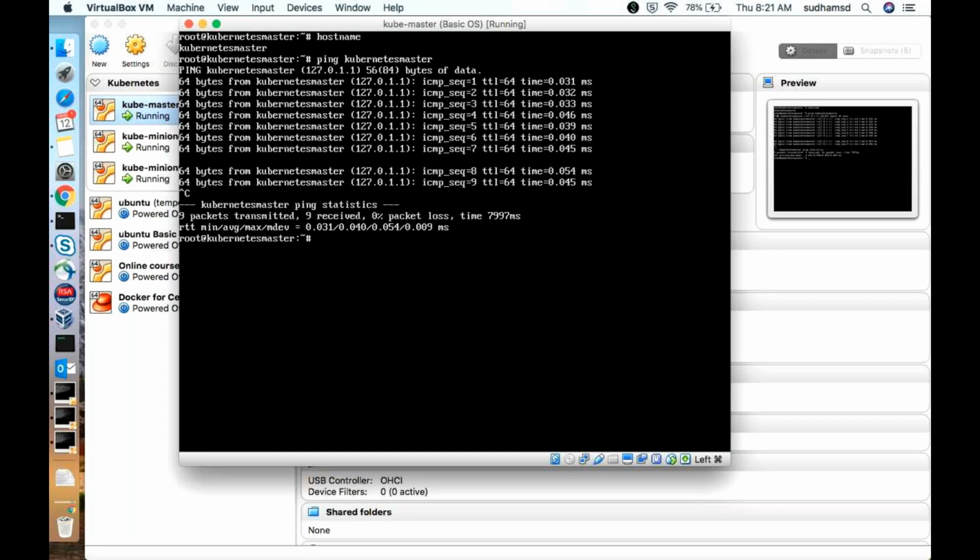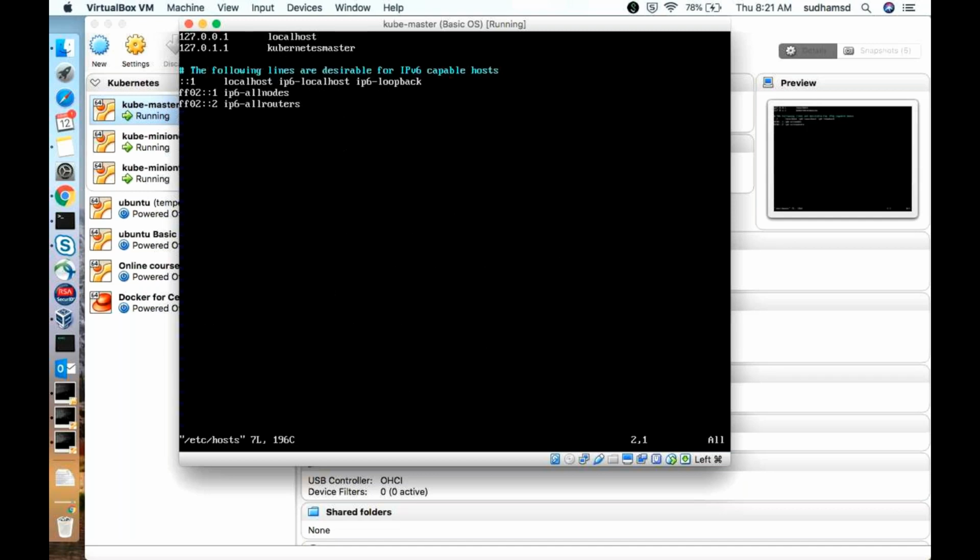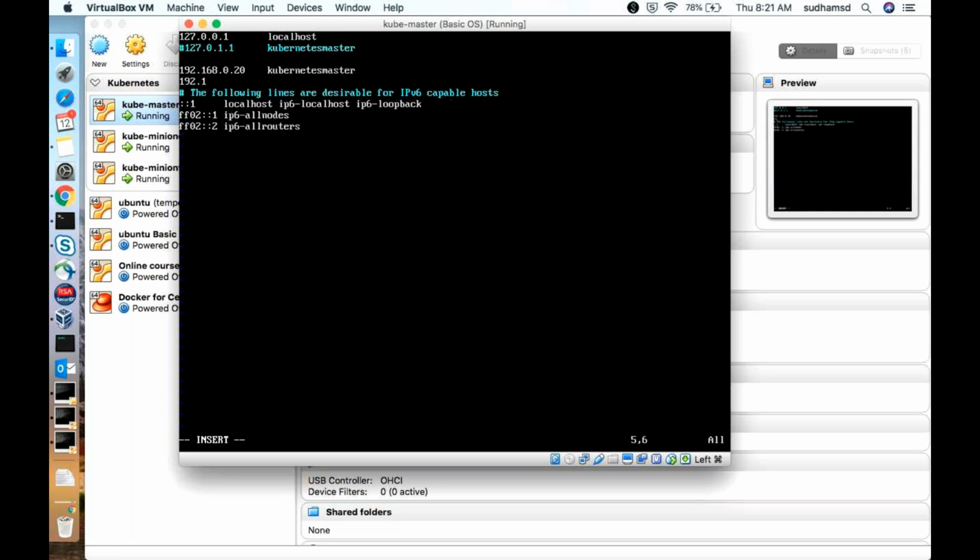I want to establish a connection with this particular IP address, 192.168.0.20. So what do I need to do? Go to the file, comment out this line and add 192.168.0.20, and then it is Kubernetes master. Similarly, add the other nodes' details also. 21 is Kubernetes minion 1.